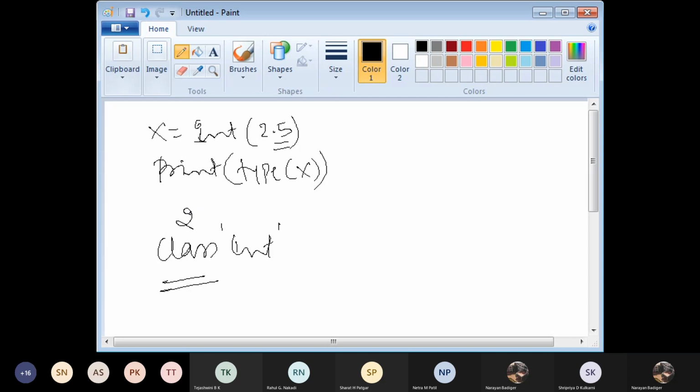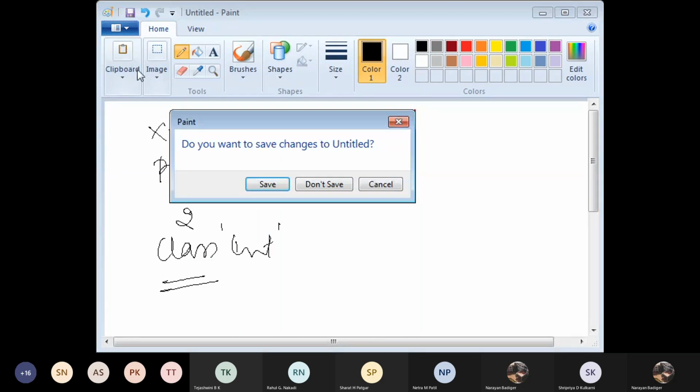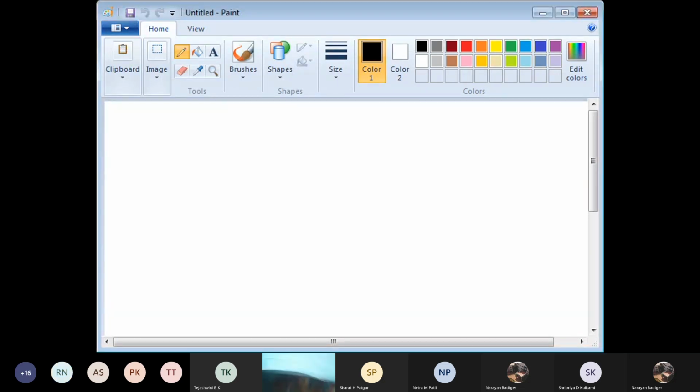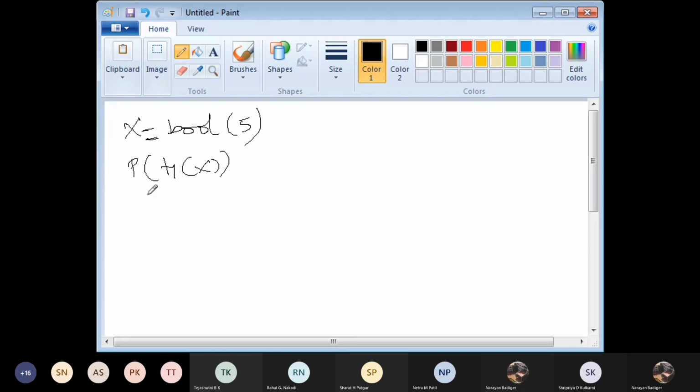Similarly, the earlier program with respect to bool, what was that? x equal to bool of y. Now what was printed? Print of type of x. What was the output I told? Only bool is printed, or what is printed? I hope you are following me.